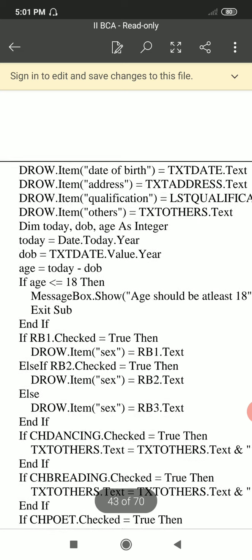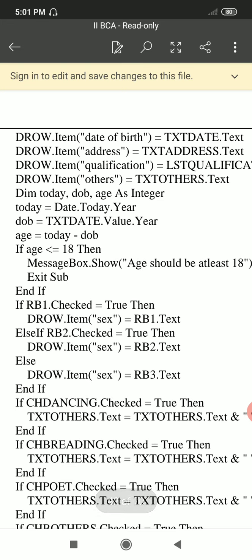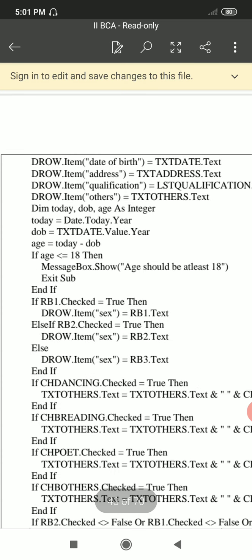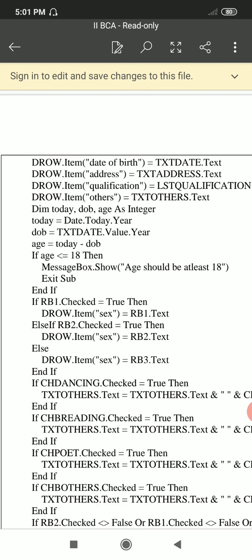See the code we have included, that is Dim today, dob, age as integer, today equal to today's date, dob is txtDate.Value.Year, that is the entered date which you have selected in the text box txtDate. Okay, and age should be today minus date of birth.